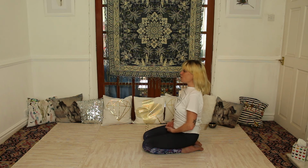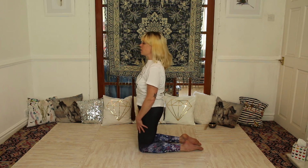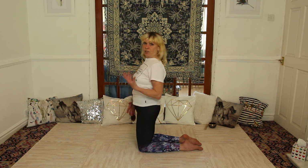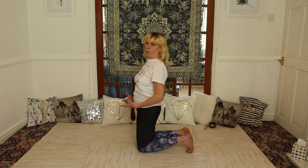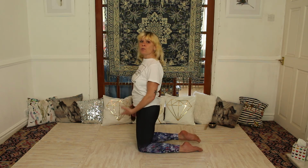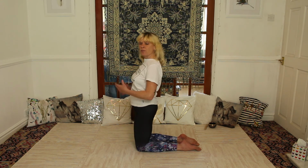Just bring the palms of your hands onto your thighs, pose of contemplation, and be aware of how you feel internally and externally. And then let's breathe in, bring ourselves back into the upright kneeling position. If the connection of your hands with your heels was enough of a practice for you, stay at that level. If you feel that you do have further flexion in your spine, then have the fronts of the feet flat